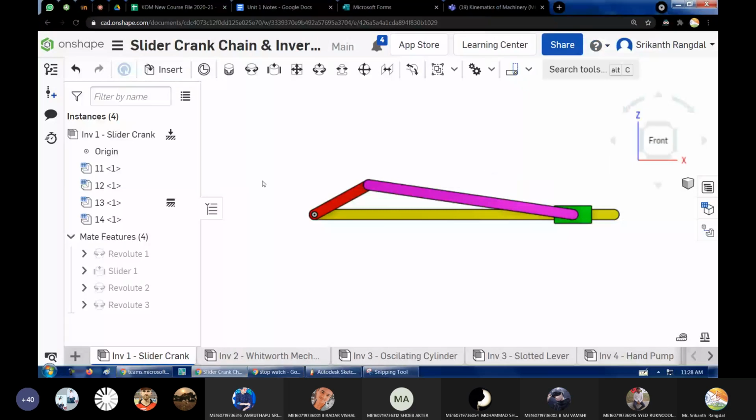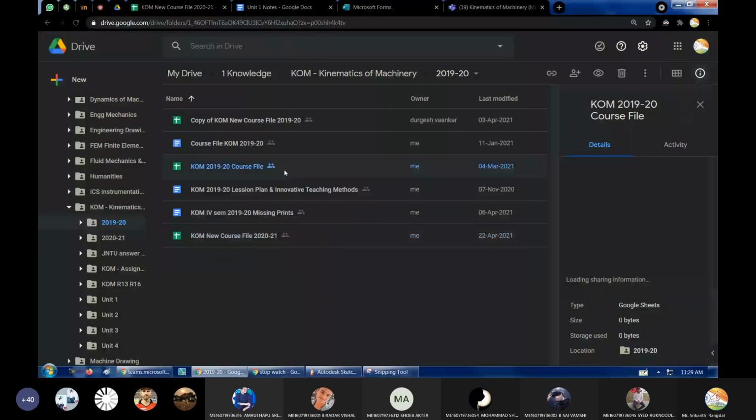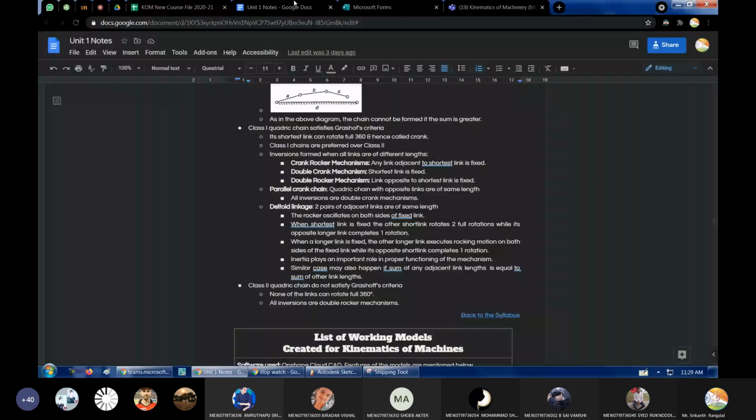And if possible, I will start some extra classes in the evenings. These extra classes will not directly be about the syllabus. The syllabus will be, of course, covered in the regular class set in the timetable on the official level. In the evening classes, we will be talking about the different skills required for doing the notes, connecting the notes, or doing the CAD models and all other these things. So if you are interested in that activity, you can just send me a direct message, and in the evenings you can start getting online and doing all this stuff.